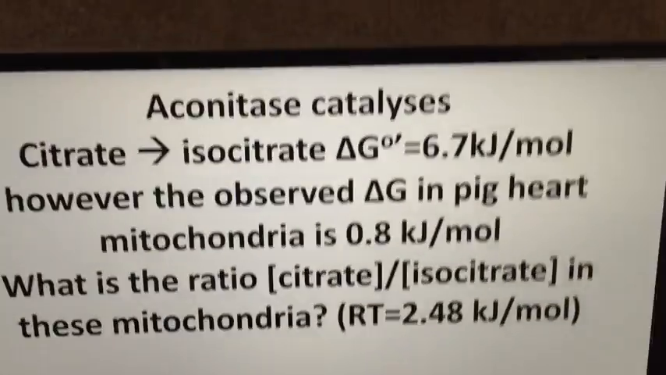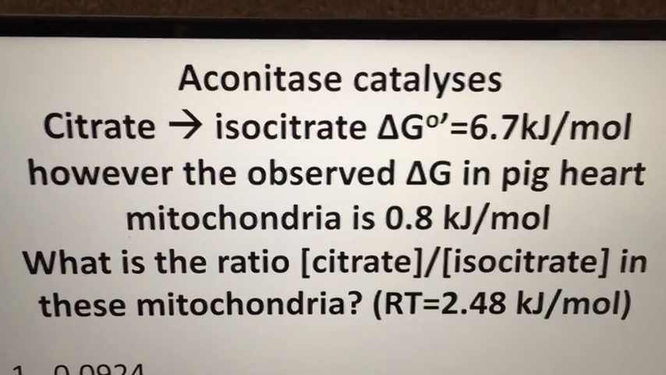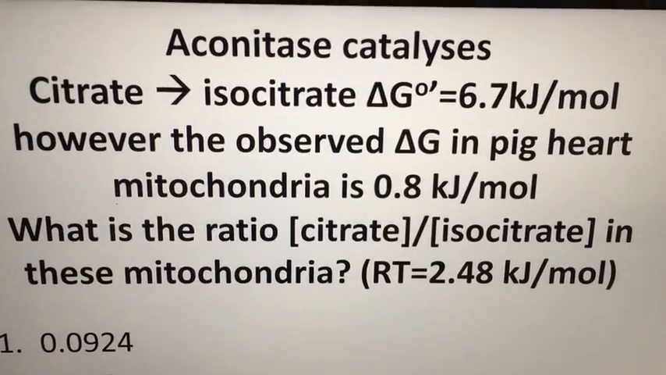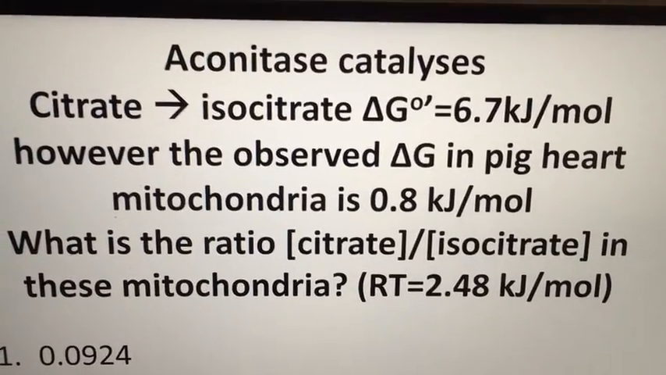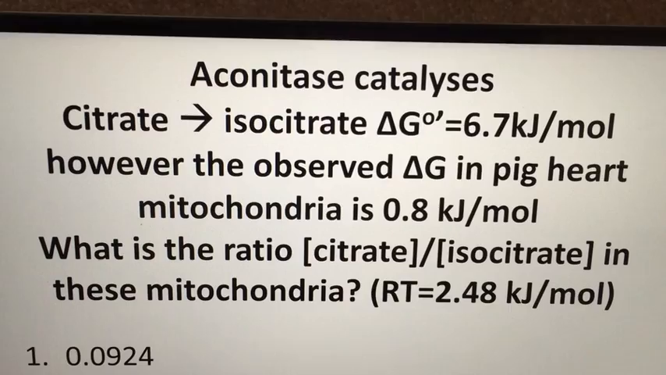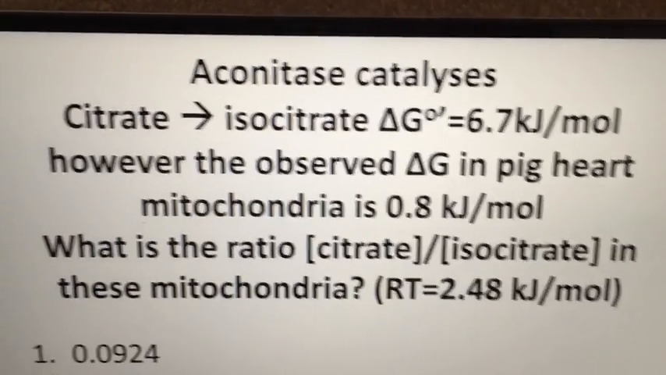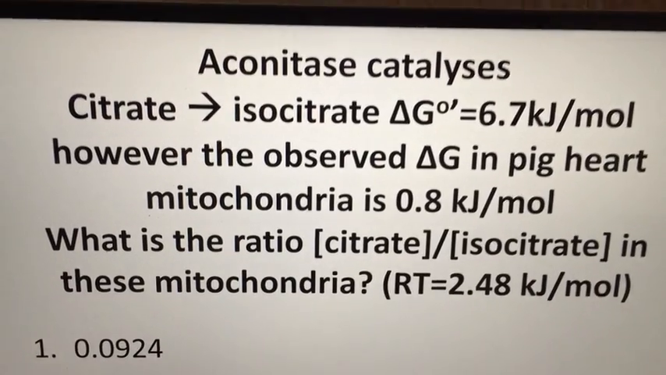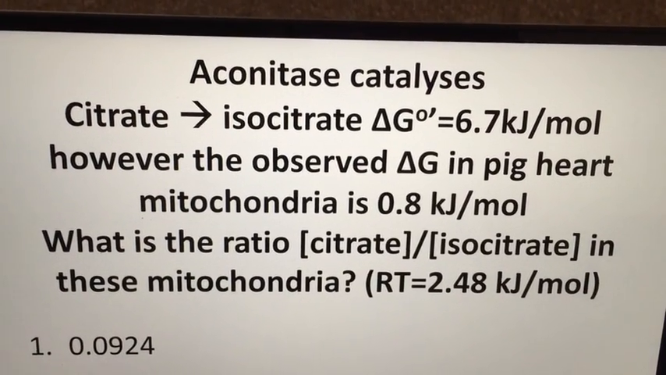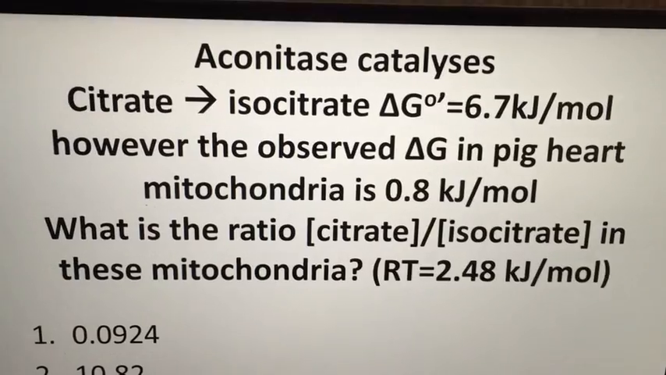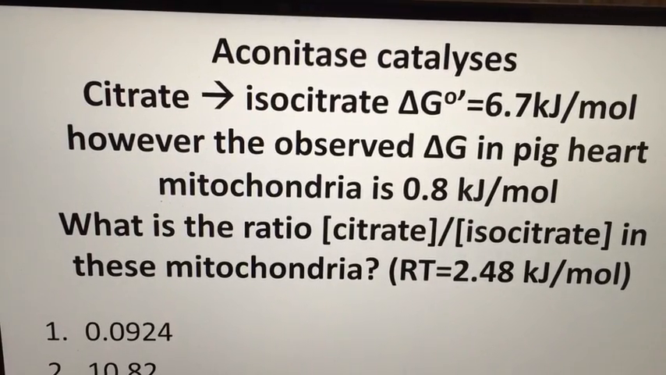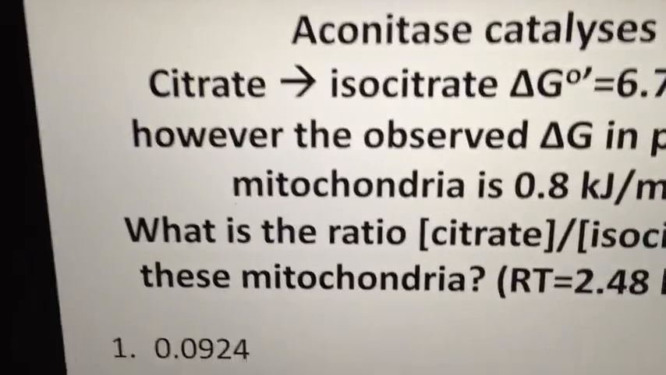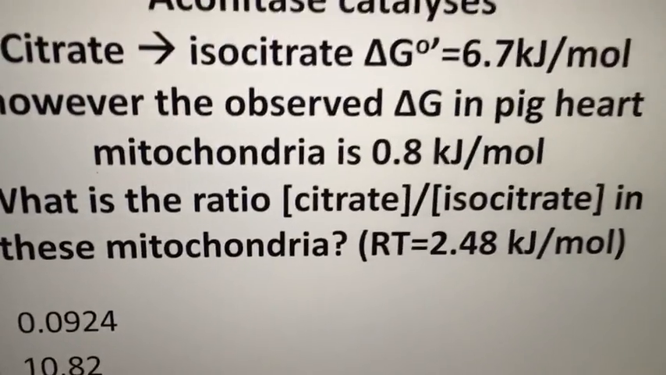Alright, this is a question for you to attempt. Aconitase catalyzes. You're going to be getting these sorts of questions. When we do our tutorial, you're going to be having lots of practice with them, and you certainly will see them in tests and exams. Aconitase catalyzes the citrate to isocitrate reaction, and there's the standard delta G, but the delta G in pig heart mitochondria is 0.8. So we want to know under physiological conditions what